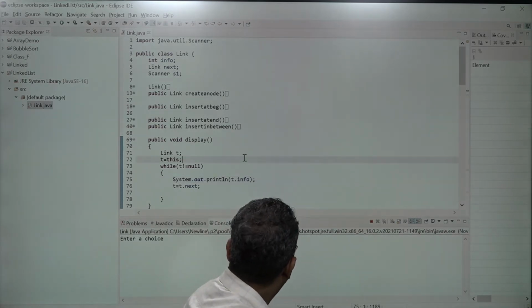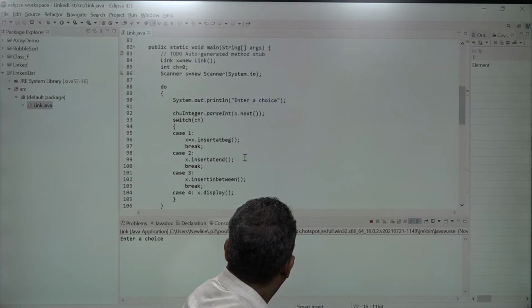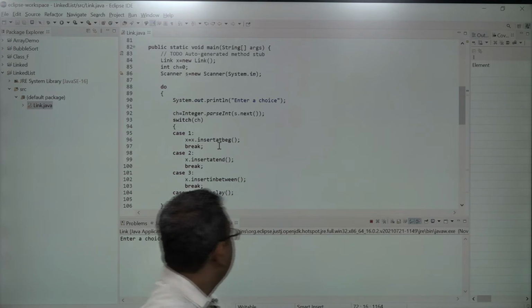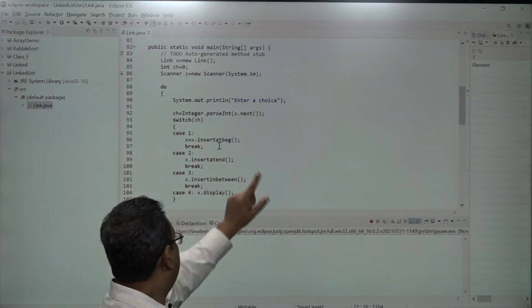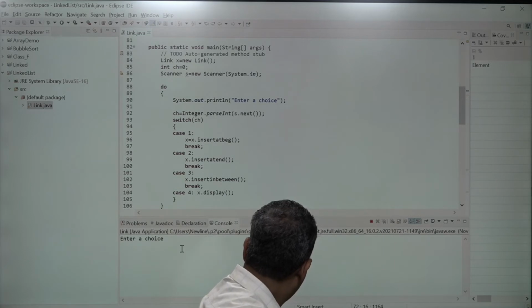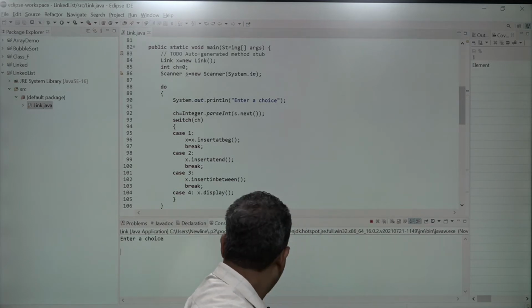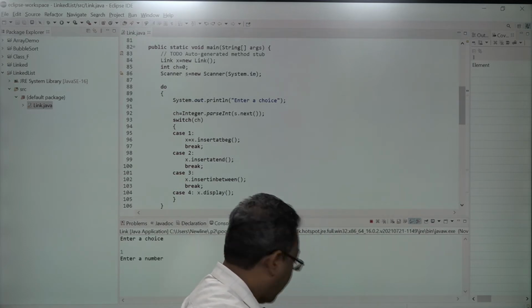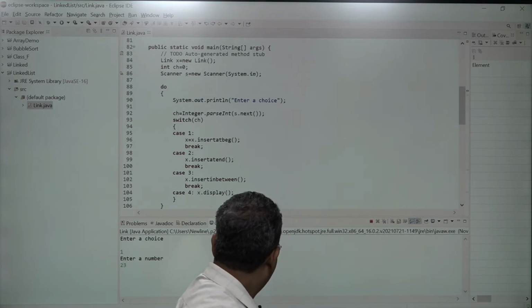For insertion, I have the choices as 1, 2 and 3, and for insertion at the beginning, the choice is 1, and for display 4. So let's go for the choice as 1. Enter a number 23.